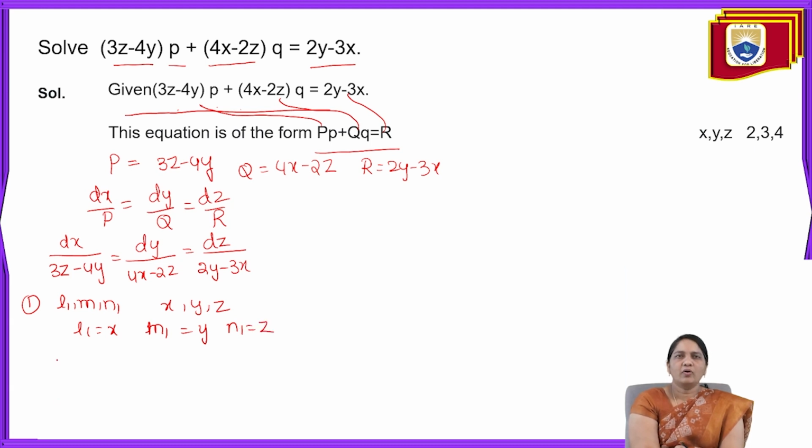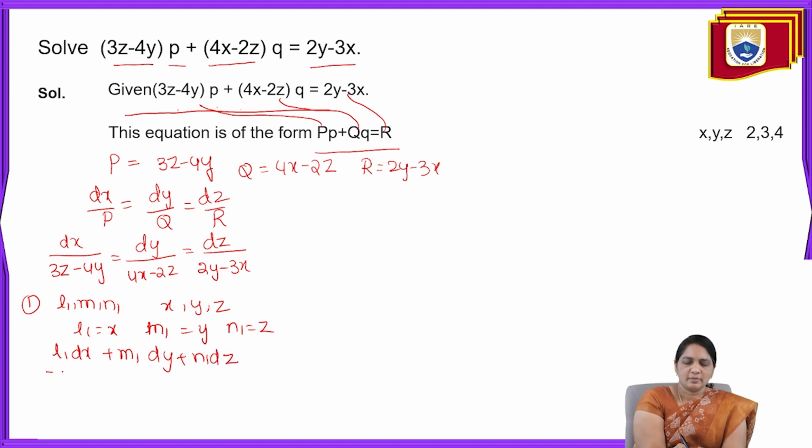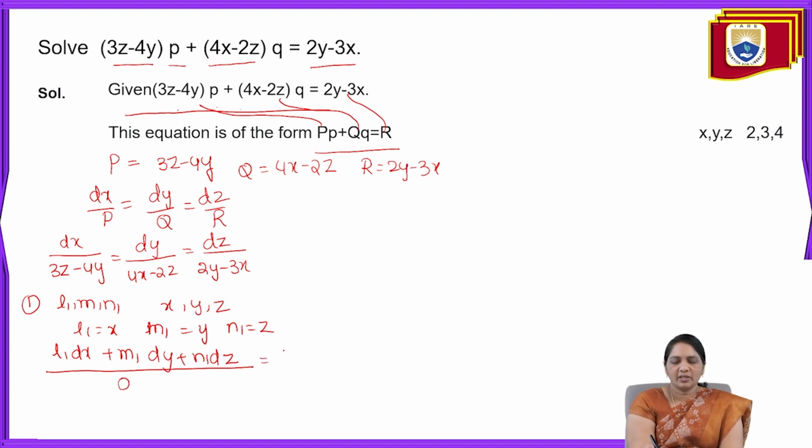So now, according to the condition, I am going to do this. dx, that is x into dx. According to the condition I will write first, after then you can see here: L1 into dx plus M1 into dy plus N1 into dz by the denominator value. Here this denominator should be 0. So according to this, I am writing L1 is x into dx plus y into dy plus z into dz